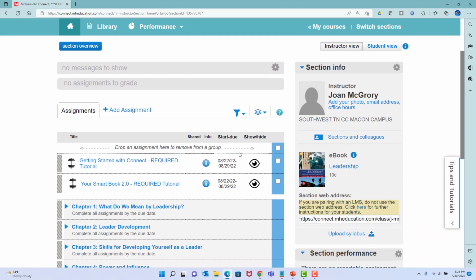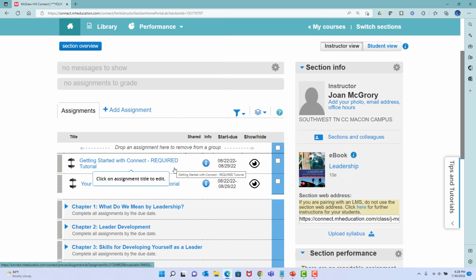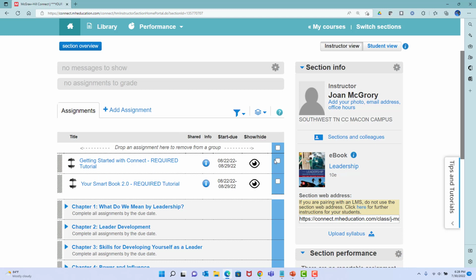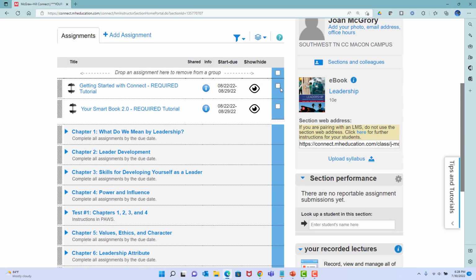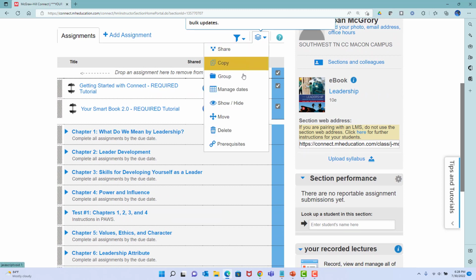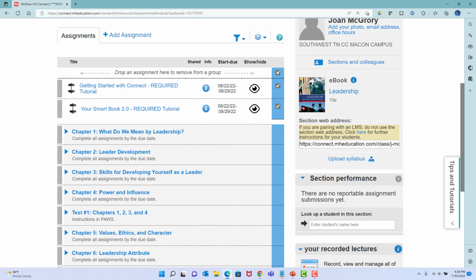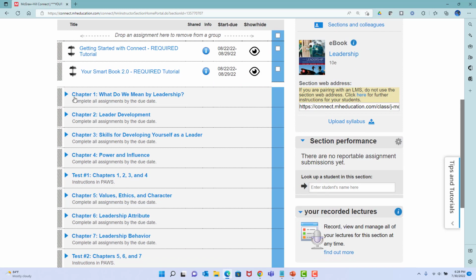This is where you can make edits on dates, for example. I put some tutorials in here and I give them points for completing these tutorials because I think it helps them just get familiar with the Connect environment. You can, if you want, click these boxes, come up here and change the dates, manage the dates. If you have extensions for students, I'm going to show you all of this type of thing, but let me unselect that. Under these chapters,